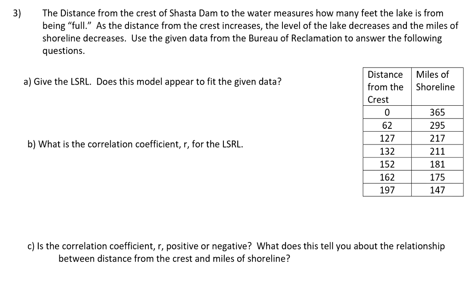In question 3, we explore the relationship between the distance that the water is from the crest, that's the top at Shasta Dam, and the length of the perimeter all the way around the lake. And if you think about it, as the water level increases, the lake becomes larger, and the distance around it